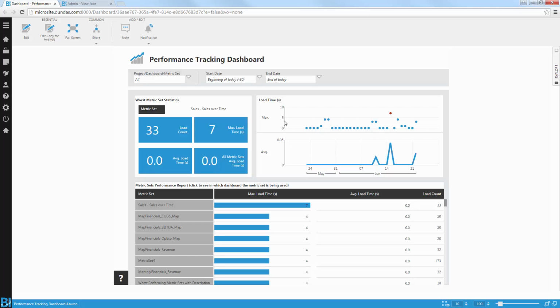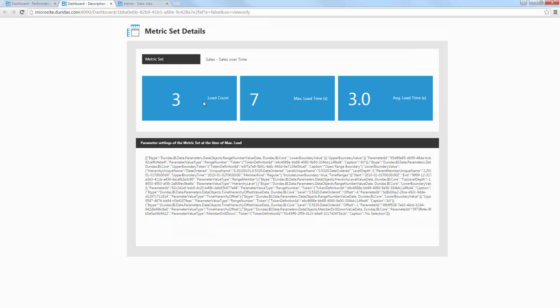For example, in this case, we've set the threshold to be less than 5 seconds. That means that for every data point, every metric set that I have on my dashboard, a query that takes more than 5 seconds, I'm going to highlight in red. In this case, it's this specific metric set. And I've also enabled myself to be able to click on that metric set and dive into a detailed view of that metric set.